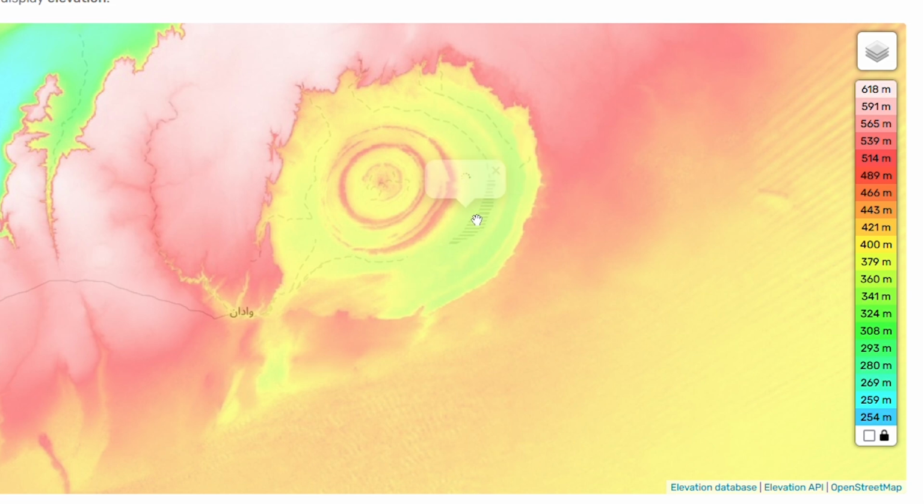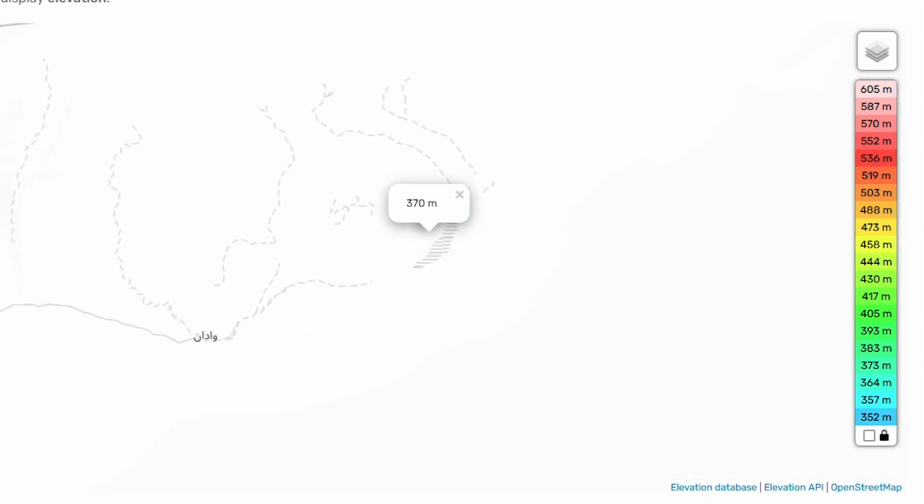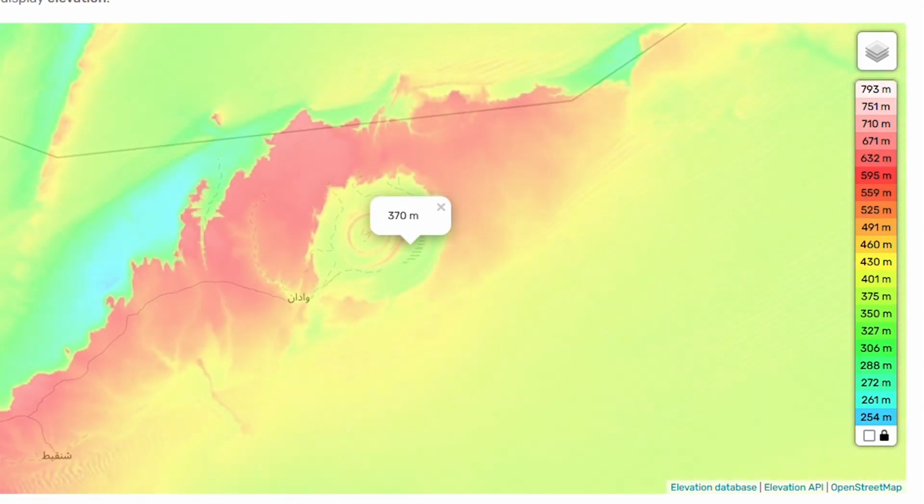This is the Richat Structure in Mauritania, Africa. This is a geological structure that at one time was most likely used as a point of a civilization or multiple civilizations. Right now what we're looking at is the elevations, and the elevation tells us that the Richat structure